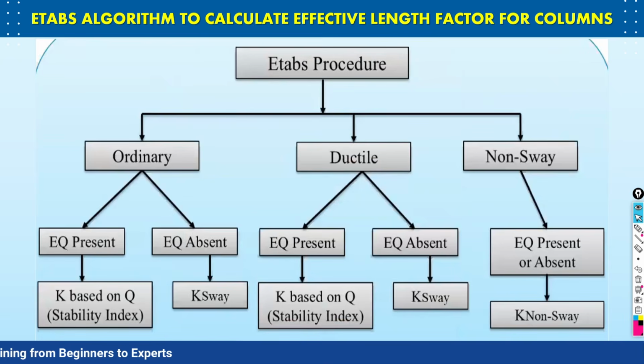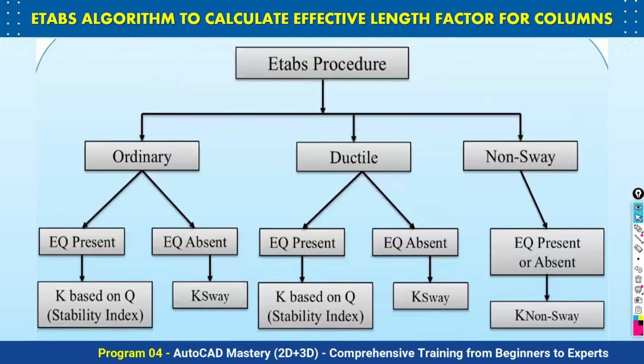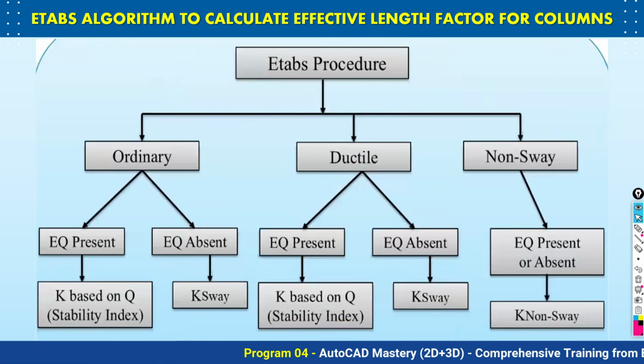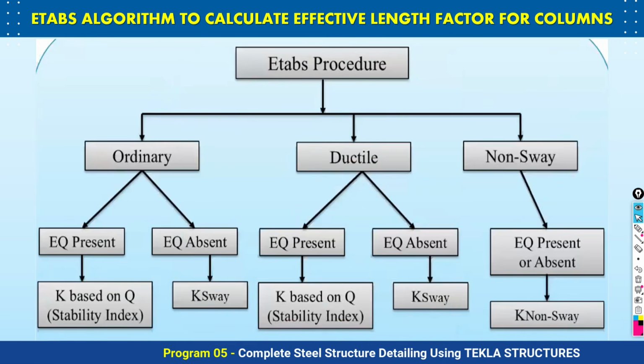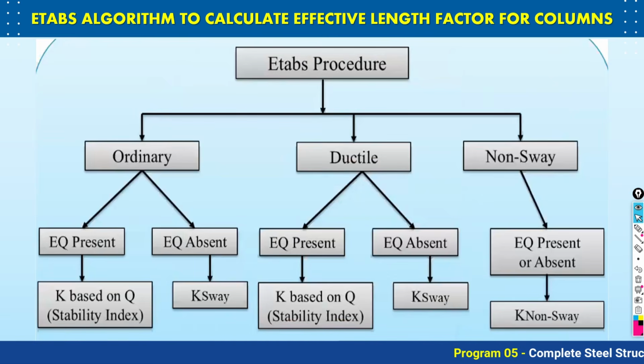Now take the third person. One is your side, the other is my side, and the third is, let's say, the ETABS software. The ETABS software is also going to design that same element, and its design result will be different. Why? Because the ETABS software has followed its own algorithm, its own fed steps to do the design. So you need to understand the algorithm of the ETABS software for designing different structural elements, not only column but beam, shear wall, all the elements.